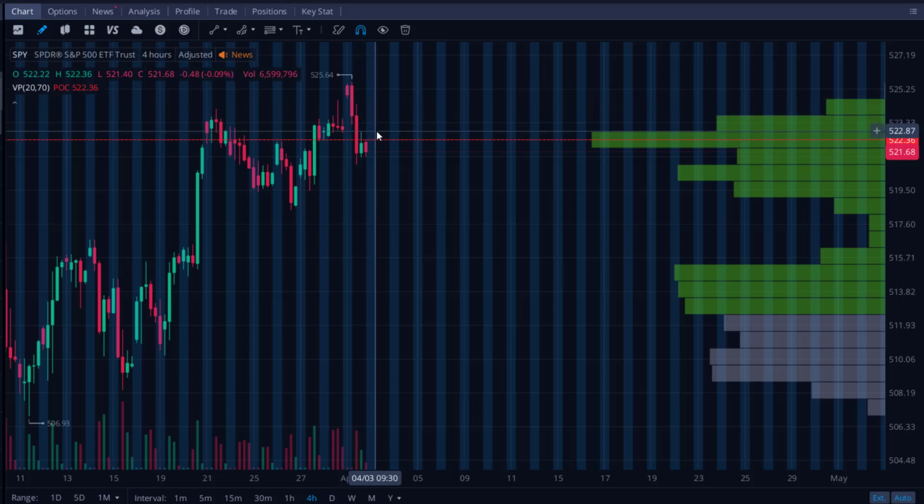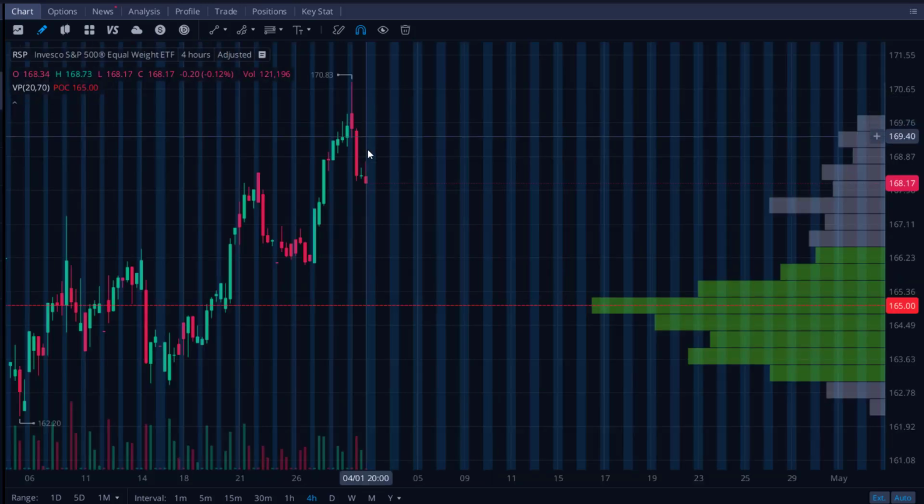because oftentimes people blame something else. You hear people say, oh, it's the insiders, it's the market makers, it's this. And so I want to help, again, demystify why we see certain price action take place in the markets. Before we do so, I also want to highlight different sectors. For example, this is the S&P 500 Index ETF, but I want us to also take a look at, and let me pull it up right over here, RSP.